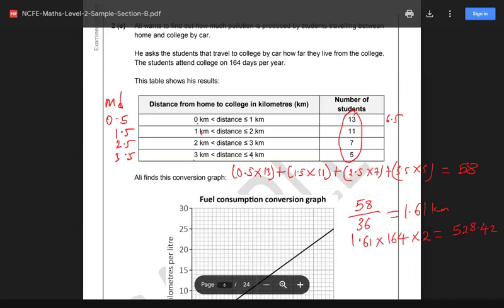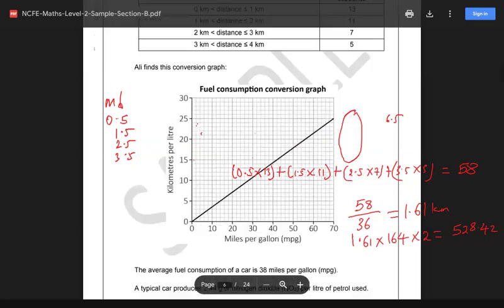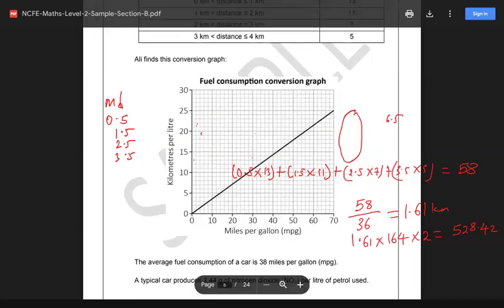Then 38 mpg, you have to convert that one. If you look at the graph very well, it said 38 mpg. If you convert 38 mpg using this graph, 38 mpg is here. So this is 38. Trace it here. So 38 mpg gives you like 13.5. So that is 13.5 kilometers per liter. So you now do